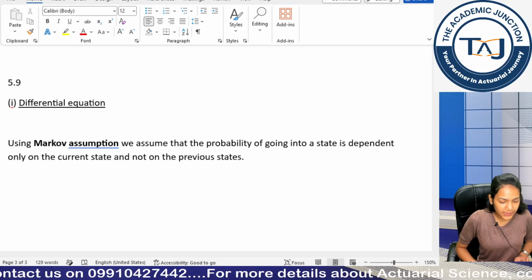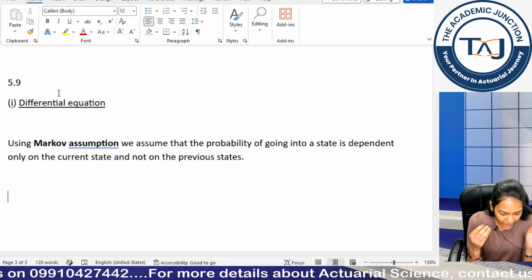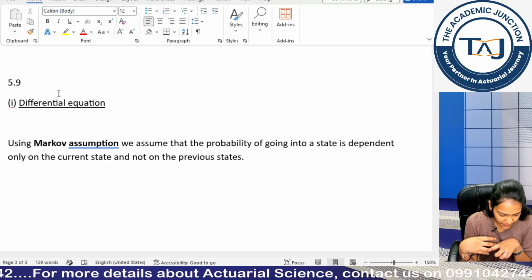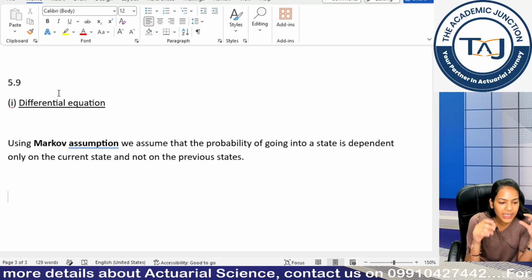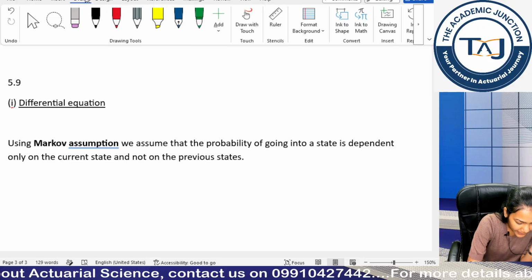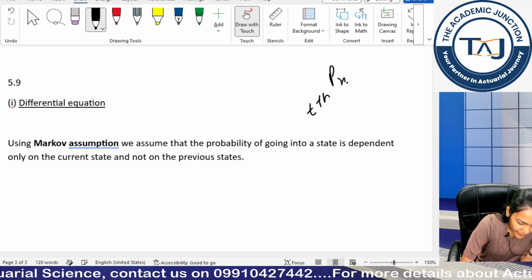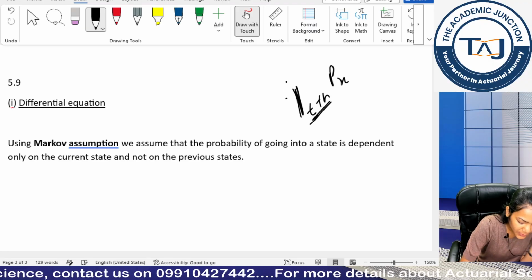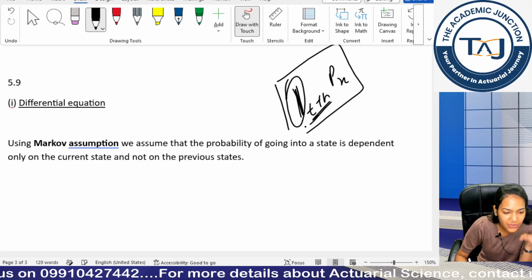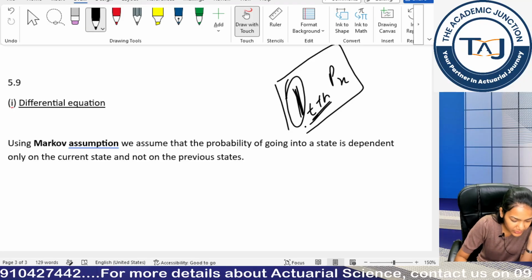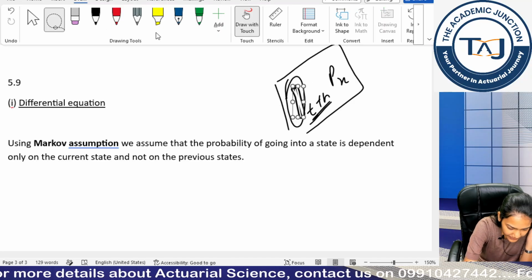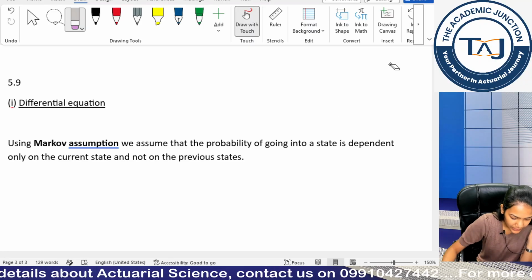Now, I told you if you use the equation editor, you can't easily write t plus h in the subscript and then p in the normal script and x in the subscript, because for writing something in subscript, it needs a text before it. If I am writing t plus h in the subscript, for example, there is nothing before this subscript, so the equation editor won't accept this. That is why to write this, the best way is to use the normal approach, that is the superscript and subscript. Clear guys? So let's do it.